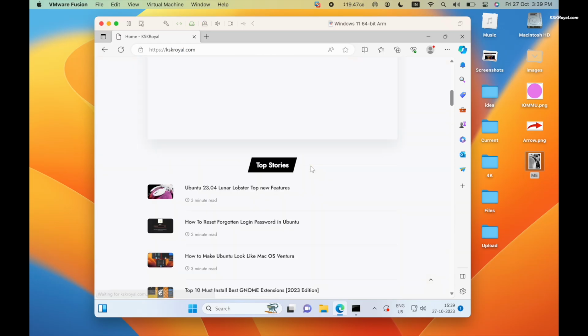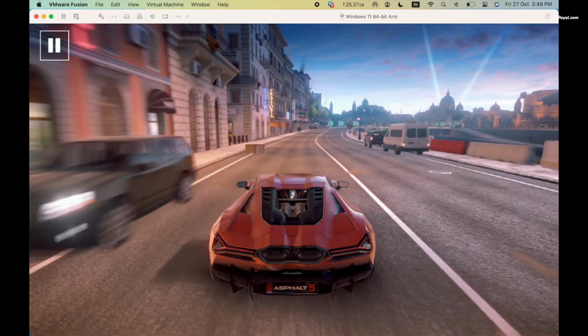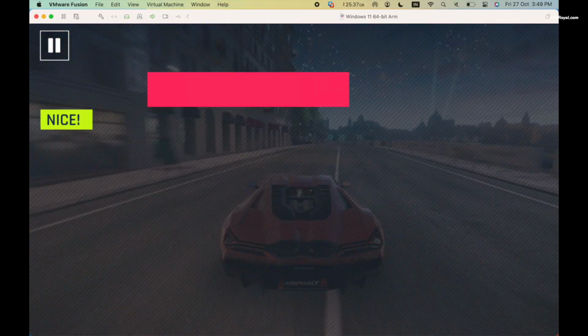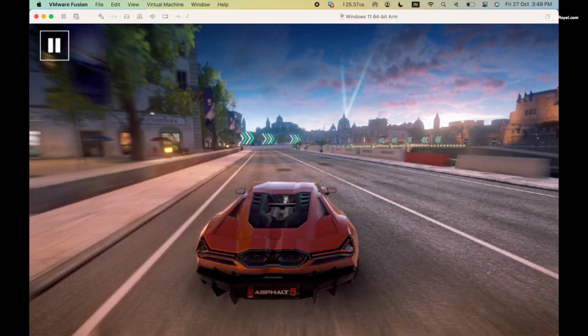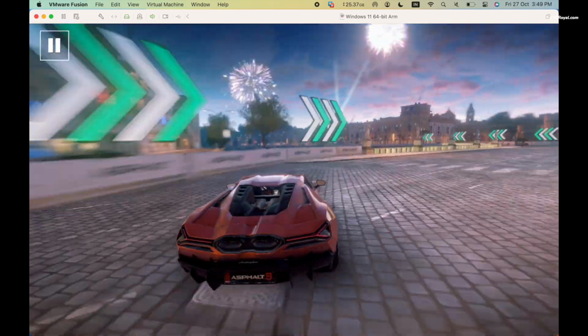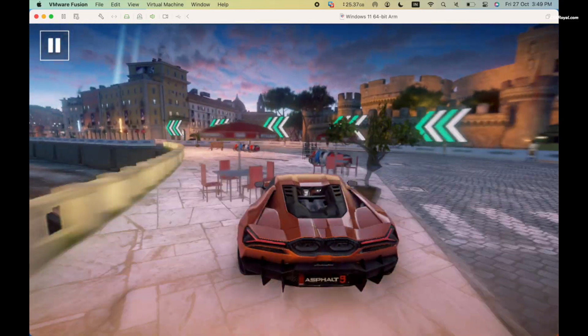I also tested a few Windows 11 games such as a car racing game. It worked quite well. Now due to the limited amount of RAM on my M1 Mac, I have encountered some frame drops.